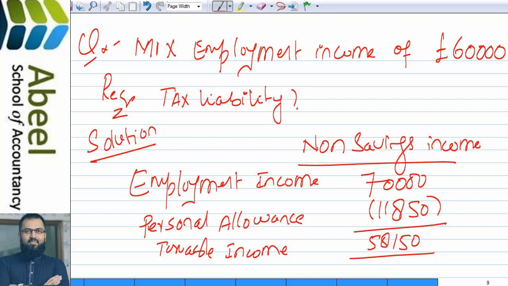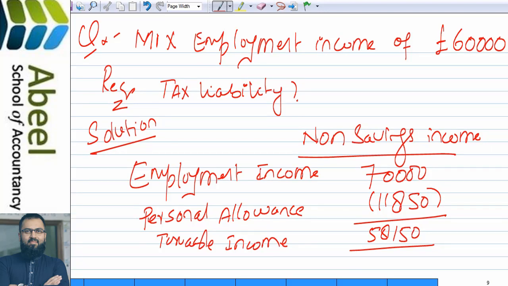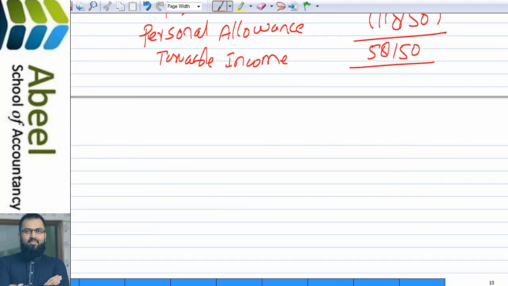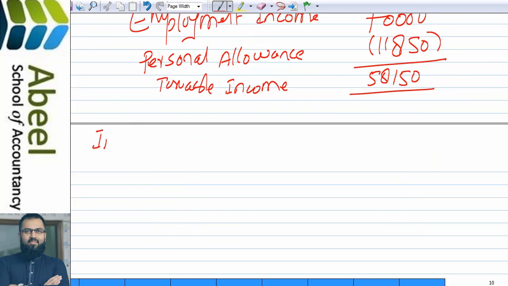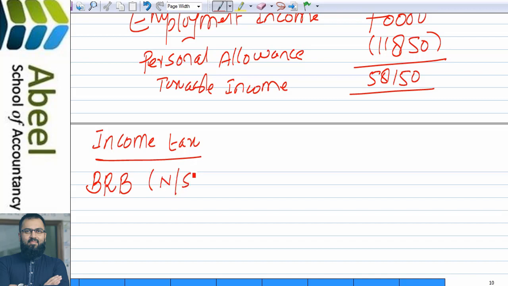If 58,150 is a taxable income, then obviously we have to pay tax on this taxable income. So the question arises over here is how to pay tax, how to calculate tax. Let me show you that also. You have to just put a heading over here, income tax, because we are calculating now tax, income tax. Then you have to write basic rate band, BRB. Then in the bracket you have to write non-saving. You have to mention the name of the source of income also. So basic rate band, non-saving,